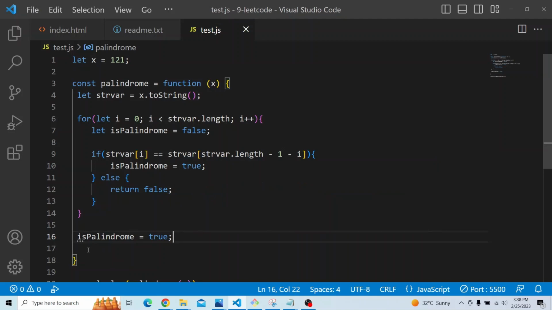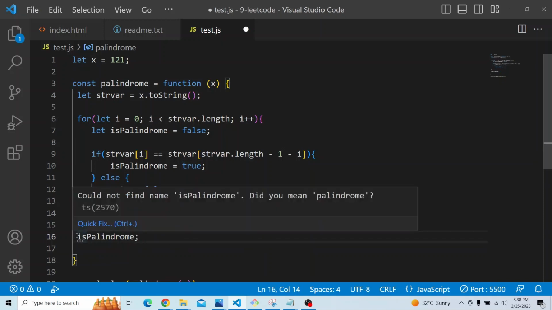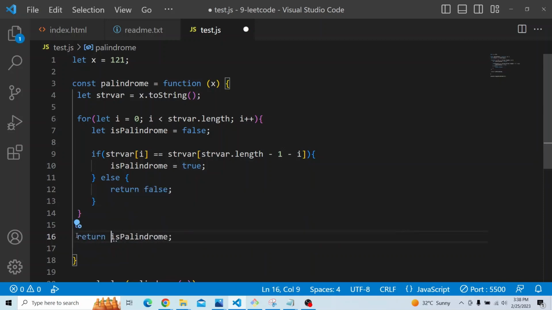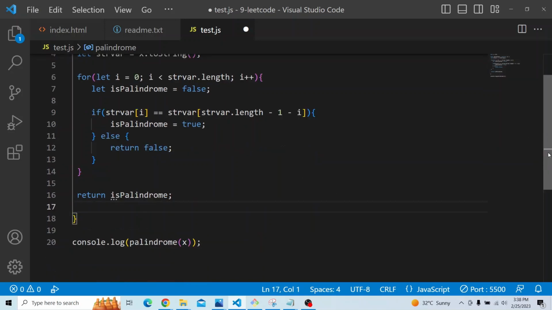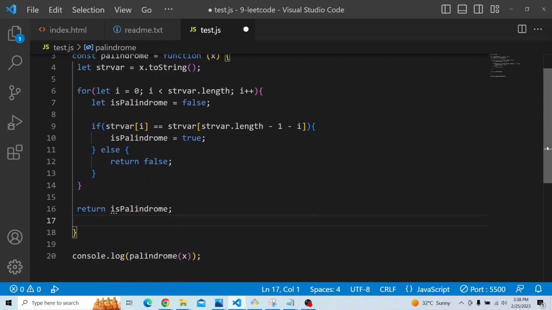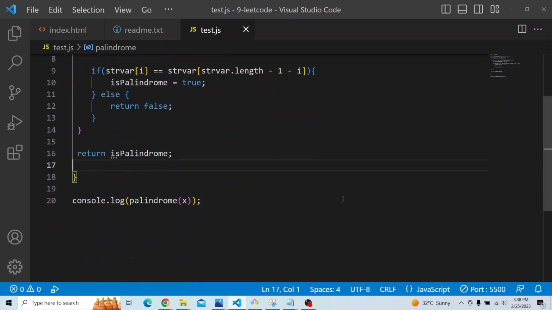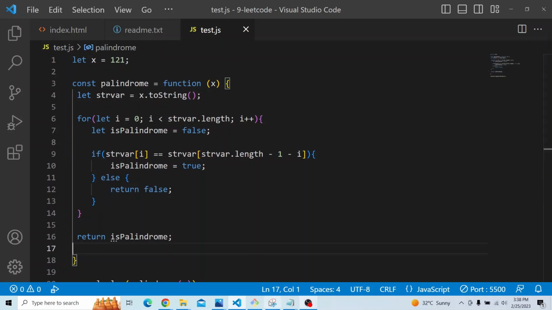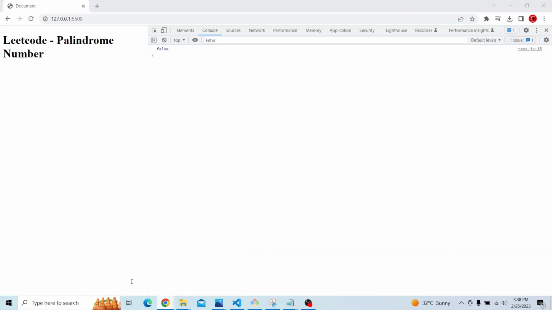So now this is the approach. We do not need to put true, we just return isPalindrome. So we will be doing this particular thing, and now we will see whether we are able to get the correct output or not. Let's see, it is running, and if I go here,